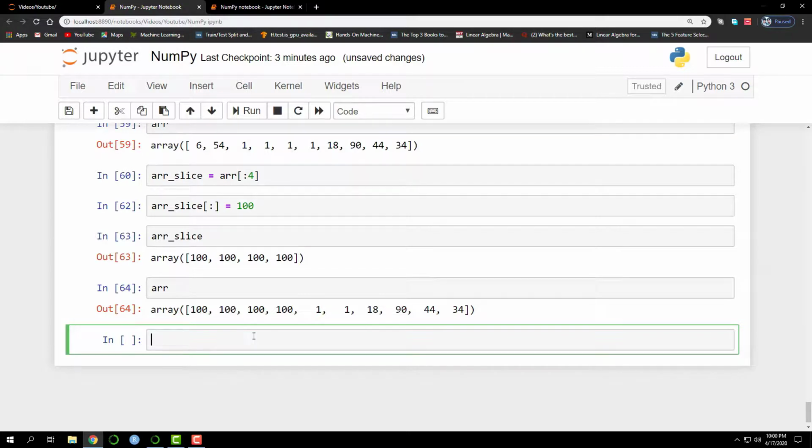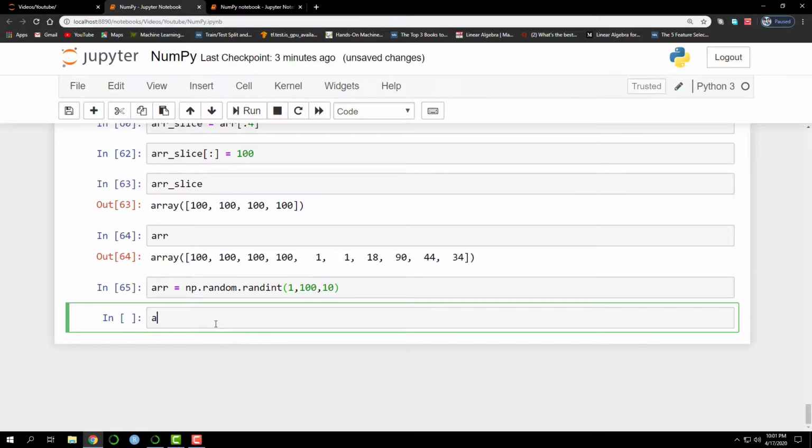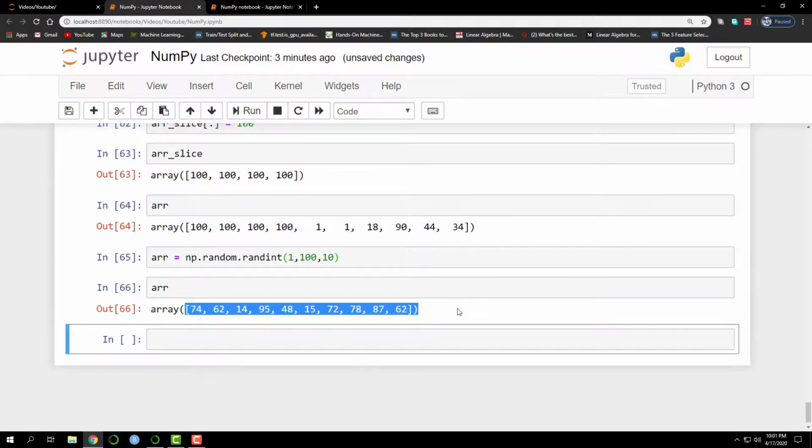This indicates that even if you create a new variable and do broadcasting on it, the original array will be affected. To avoid this, we can use a copy of the array. Let me create the original array again. Now I'll create a copy of the array.